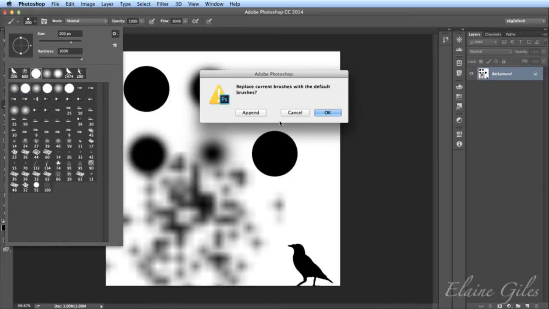So if I click reset brushes there, you'll see it's saying, are you sure you want to replace the current brushes with the default brushes? Now you have an option to append. So if you had some brushes already there that you'd customized, then you could append the default brushes and not lose the brushes. Now, because I've only got the default brushes here, I do want them to be completely replaced. If I don't replace them completely,